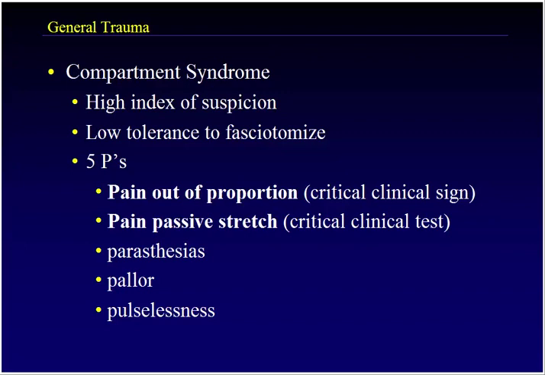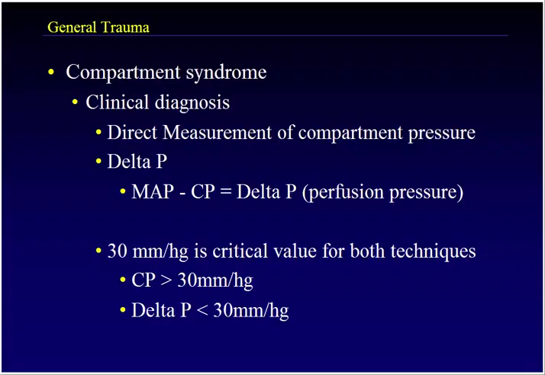The diagnosis of compartment syndrome, you can measure directly the compartment pressure using a Stryker needle technique or some other similar technique. And remember that the most sensitive indication for a compartment syndrome is the delta P, which is the difference between the compartment pressure and the diastolic blood pressure. This slide says the mean arterial pressure, but it's really the diastolic blood pressure, and that's what defines the perfusion pressure that the extremity is seeing. And 30 millimeters is kind of the thing that you can hang your hat on. If the delta P is less than 30, the patient has a compartment syndrome. Also, if the absolute compartment pressure measurement is greater than 30, then you really have to be concerned about compartment